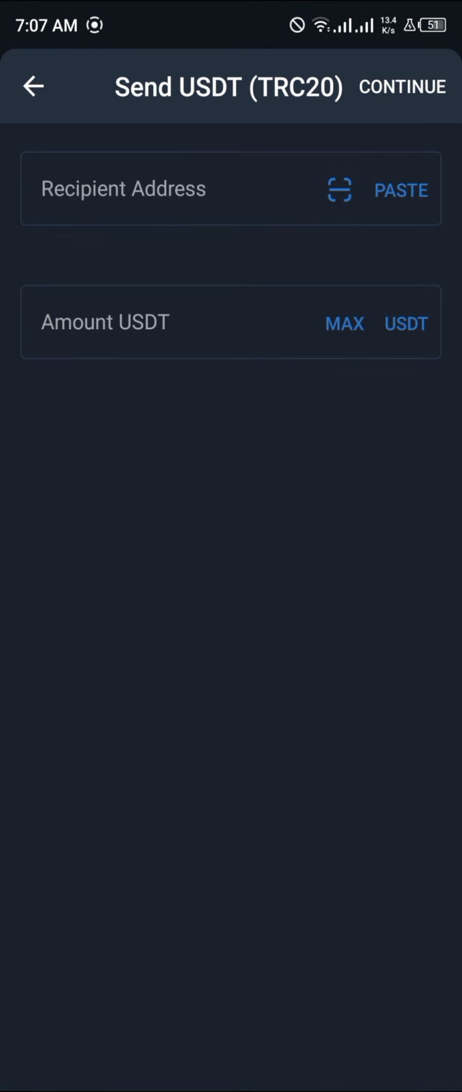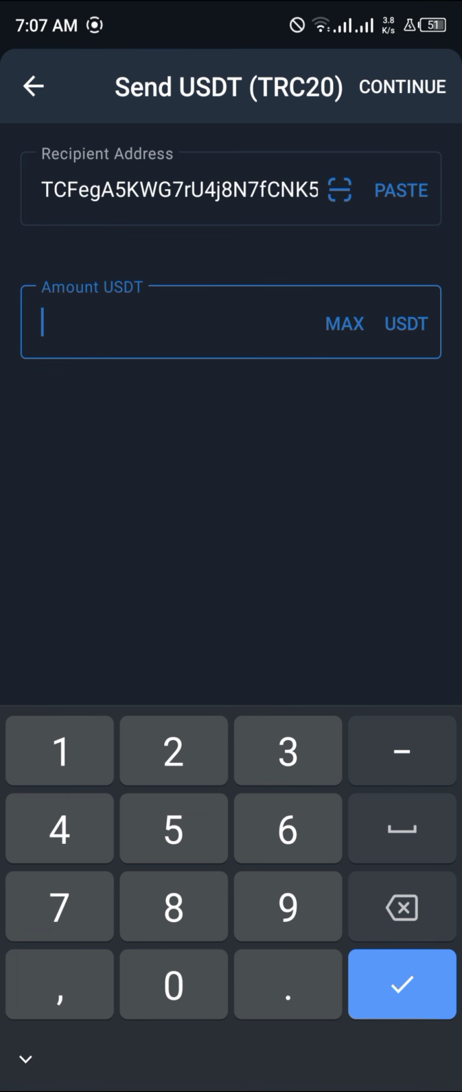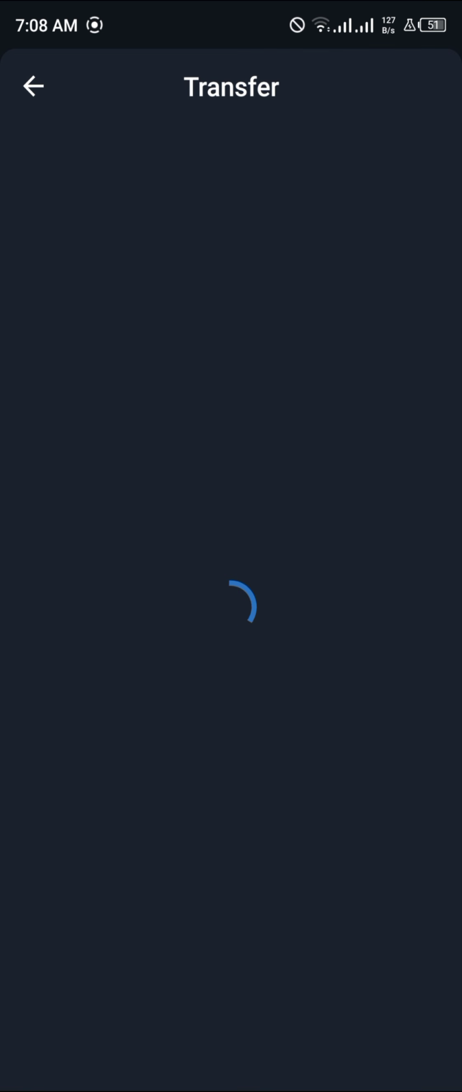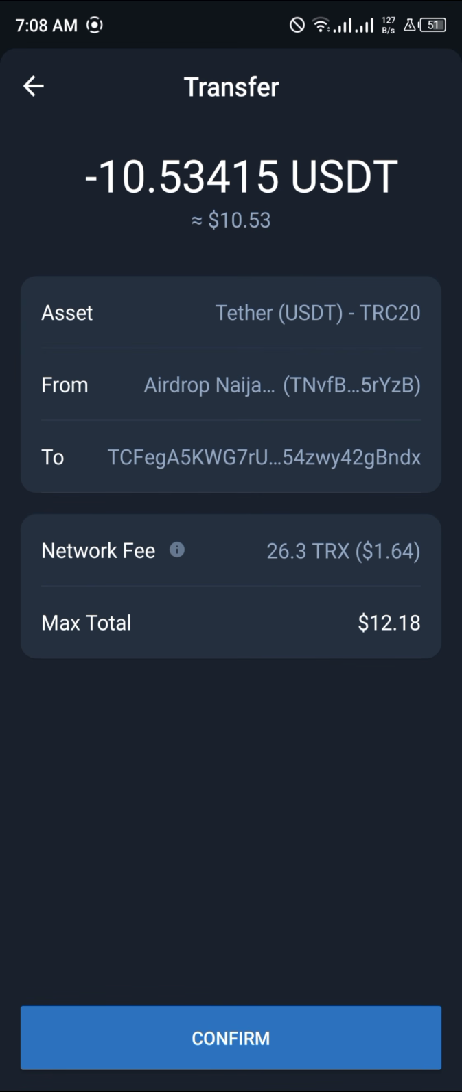Click on send, and we're going to be pasting the wallet address that we just copied from Binance. Once that's done, I'm going to be sending everything. That's max $10.05. You click on continue, and the network fee is 26 TRX. That's approximately $1.64. You click on confirm,